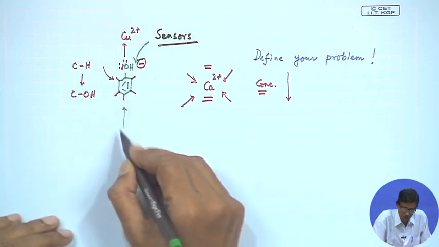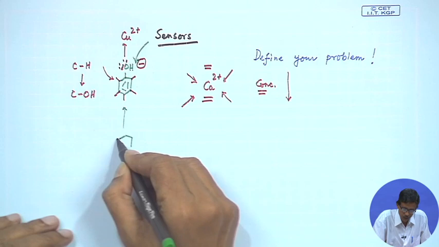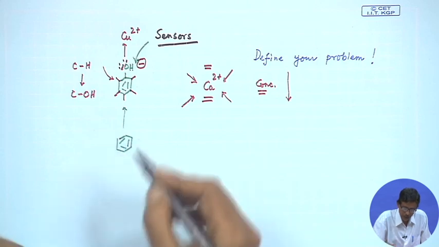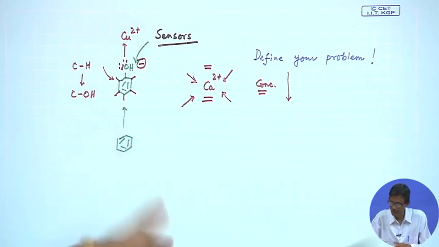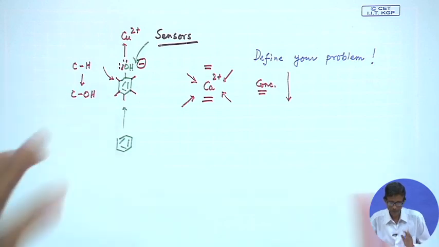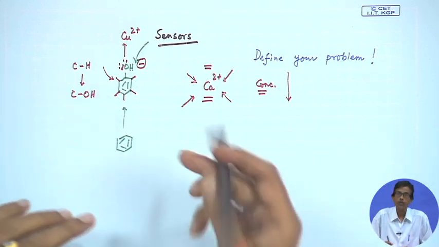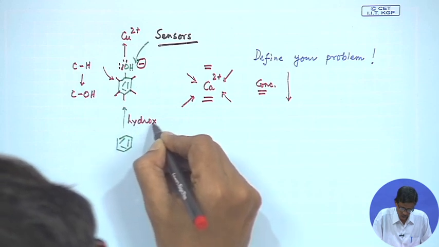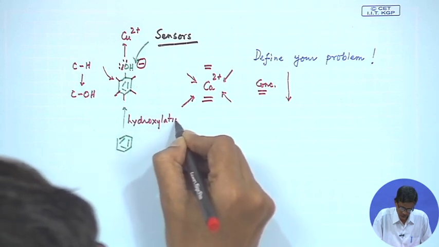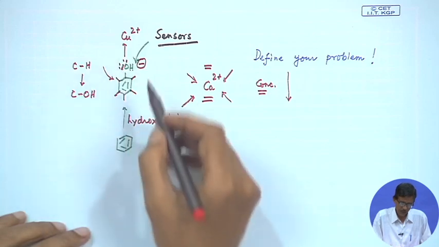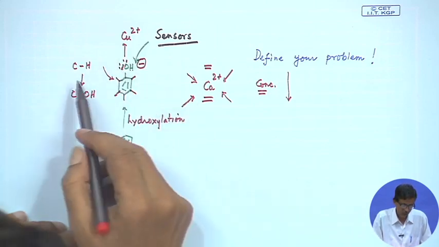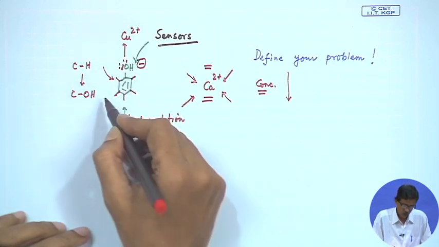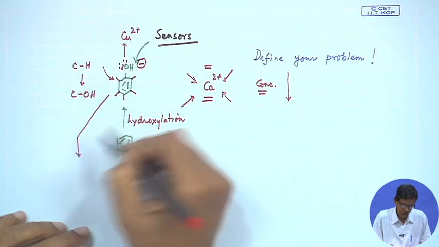group, and if you go this way, because this you can get from the simple benzene ring. So, if you have the benzene ring, you can go for the corresponding hydroxylation reaction. So, this hydroxylation reaction is going to make that CH to COH. So, once you have this, that means your phenol is there.